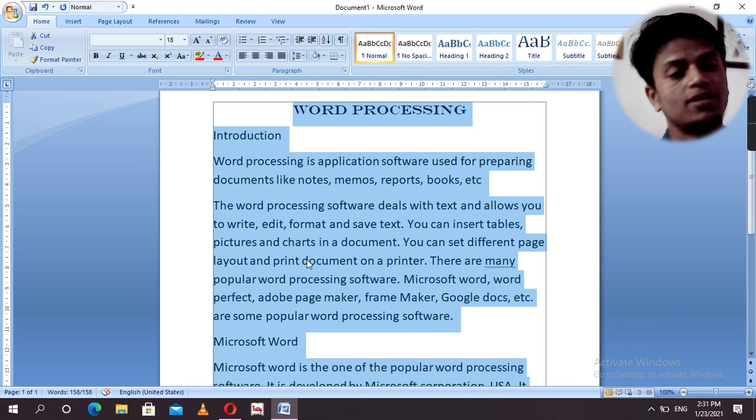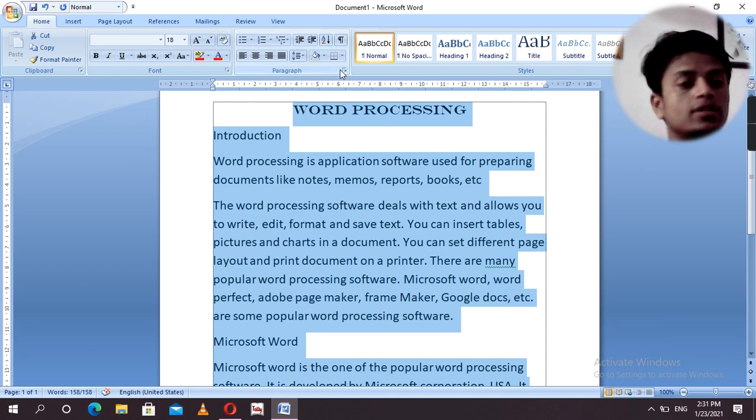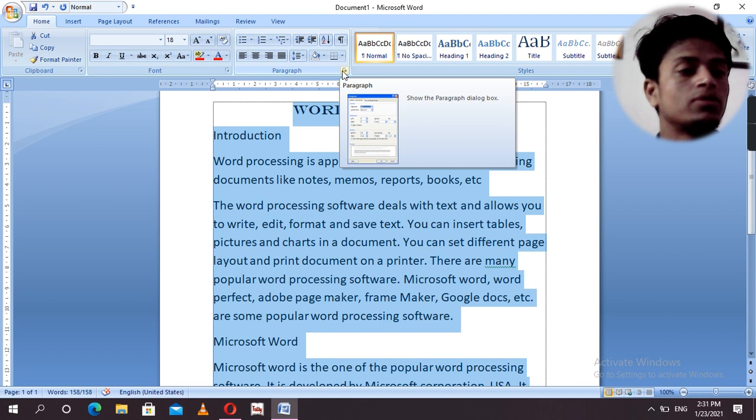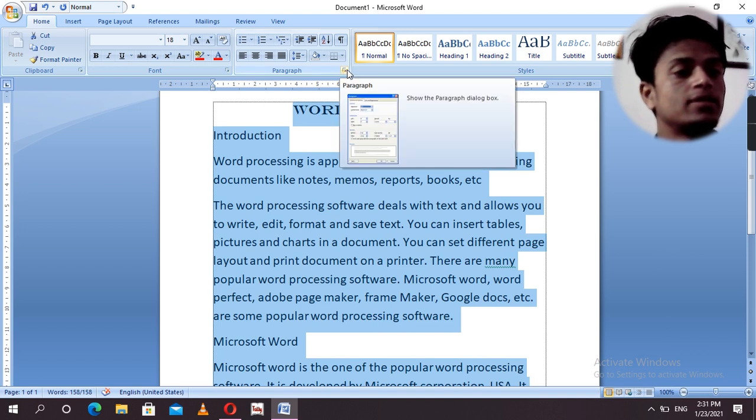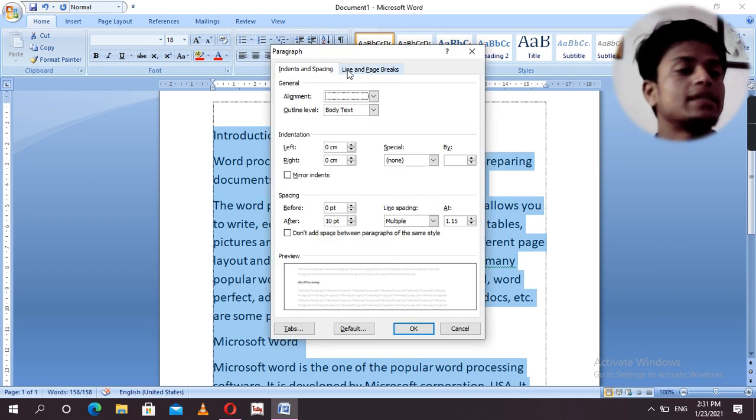Now in the Paragraph group, here is Paragraph. In the corner you will see an arrow. When you click here, it gives a Paragraph window. Now we have to set Before and After, and the line spacing.